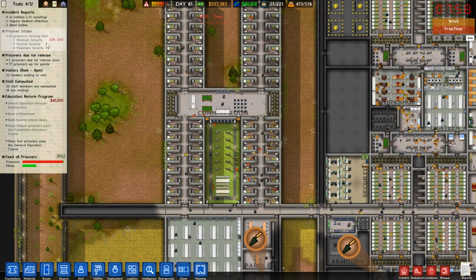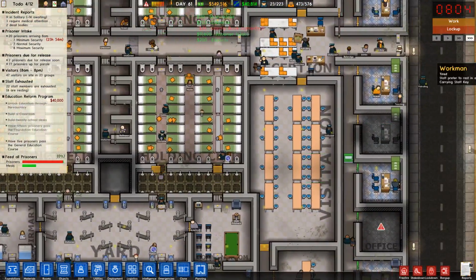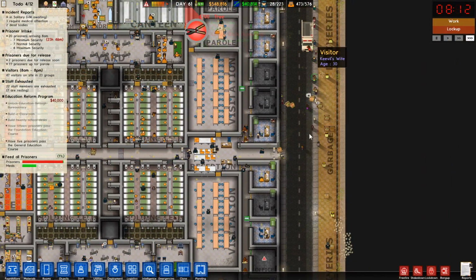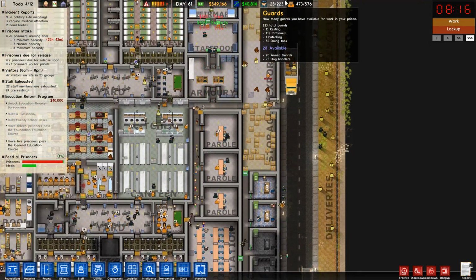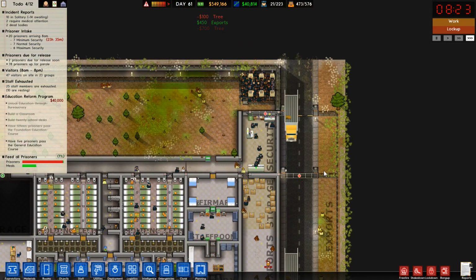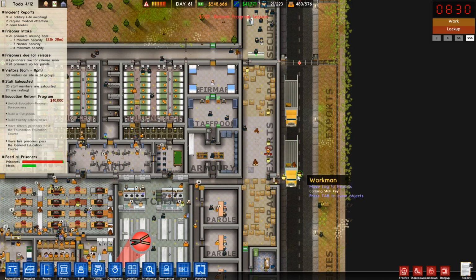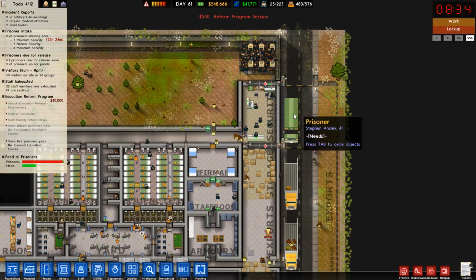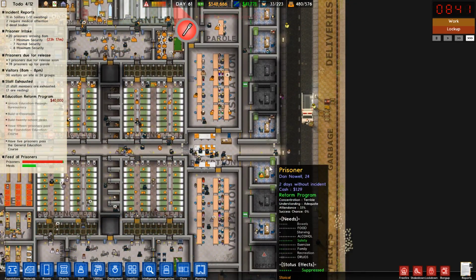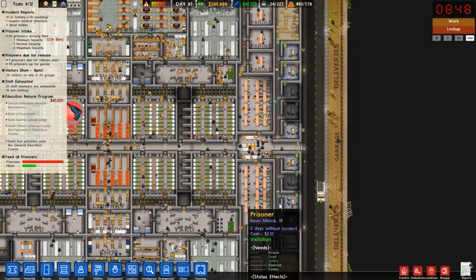Oh, new prisoner intake. Let's go and have a look. 8 o'clock in the morning, the new intake arrives. Come on, where are you? Where are you, new intake? Got a bunch of supply trucks bringing in like 1 crate each. It's not very efficient. Here comes the prisoner bus. So this is going to bring us... Let's see if these guys actually get processed properly and taken off to...